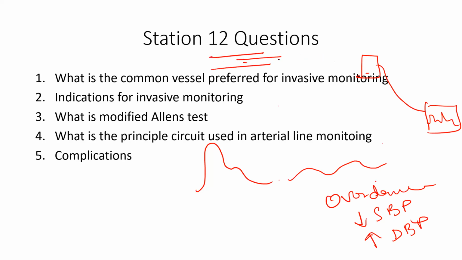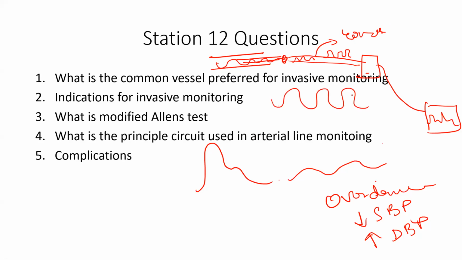You have a cannula here, then a tubing connected to the monitor. Say you're using a highly compliant tube, like an IV line tube or IV catheter, instead of arterial line tubing. Whenever the pulse hits through the fluid column, it gets transmitted, and this tube also dances because it is highly compliant. So along with the arterial pulsation, the tube will be dancing, and the energy is exaggerated. This is an example of under dampening.